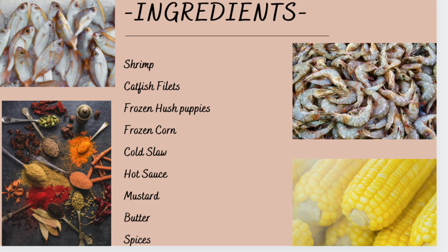Shrimp of your choice, either catfish fillets, tilapia, any type of fish of your choice. You can make actual hush puppies, but girl, I didn't. I bought some frozen hush puppies. I was on the hunt for some corn on the cob, so I found some frozen corn on the cob. I wanted to make homemade coleslaw, but that didn't happen either. So I bought some store-bought coleslaw from the deli. You would need spices of your choice,